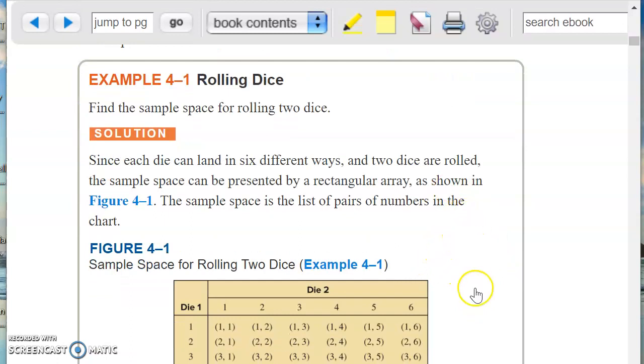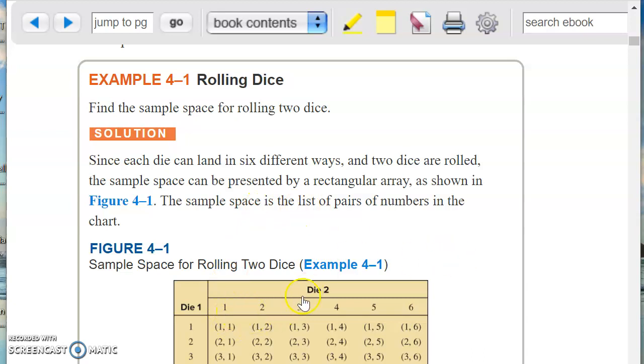I wish they would fix the language on that. All right, so do you see what's going on here? Each of the die can land in 6 different ways, and 2 dice are rolled. So the sample space, we're going to write it like this. We have die number 1, die number 2, or you could say the red die and the blue die, however you want to say it. You do it 6 times,